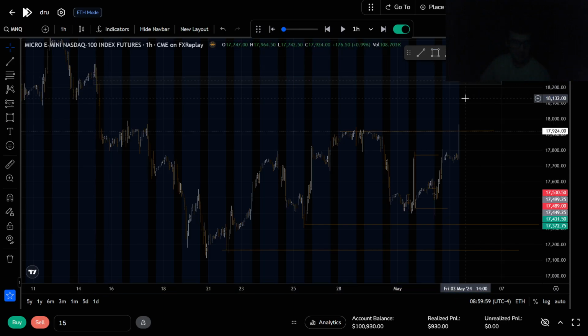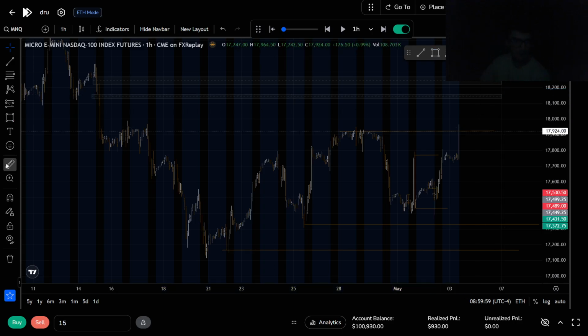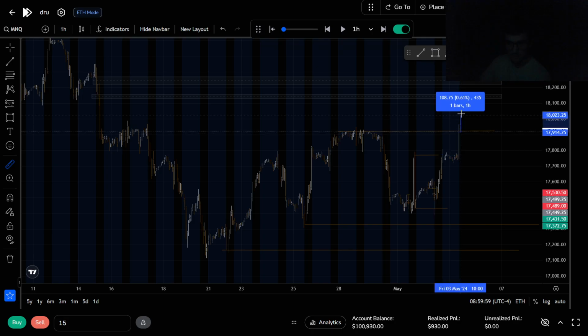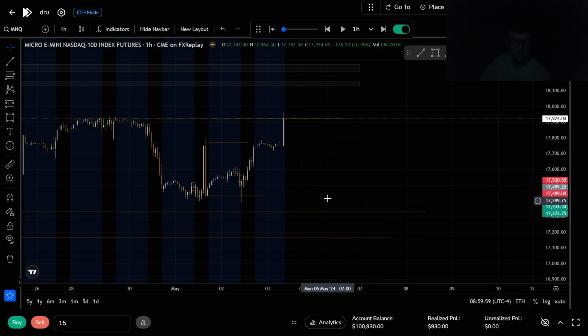So let's just say I want to aim for these two gaps. Because why? Because I think that it's more reasonable to say, hey, we're going to expand 230 to 330 points. Okay? So then from there,